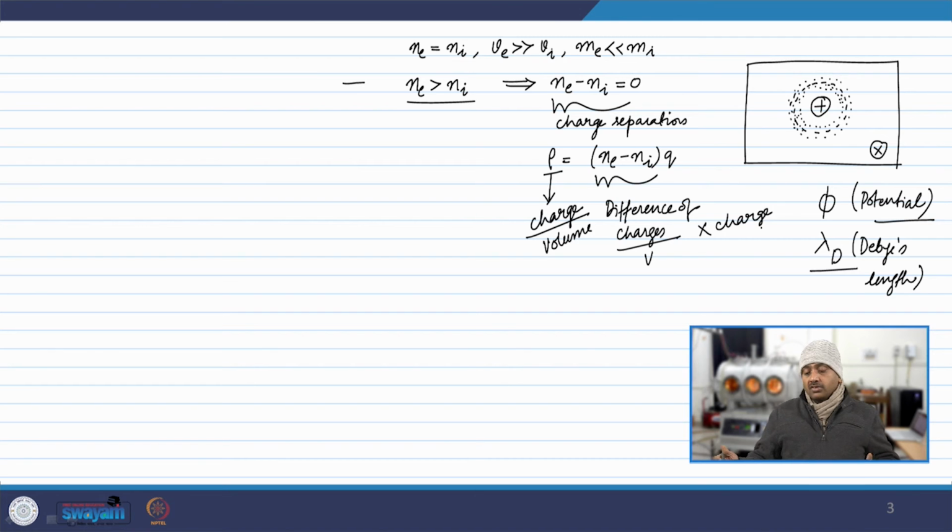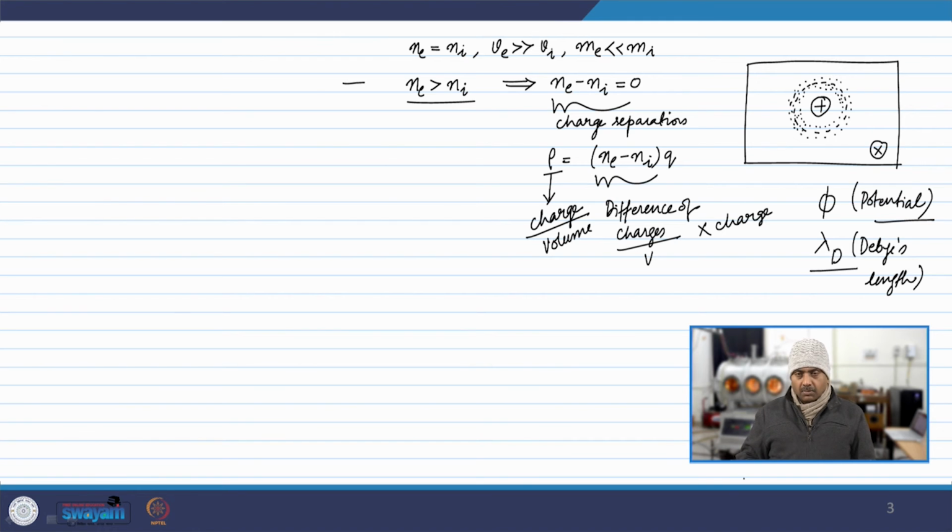Now, if you are able to create a situation in which all the ions are surrounding a huge negative charge, so that the ions, being very heavy, are still able to constitute this cloud, then if you are accounting for the total charge in that sphere, you will have to place Ni minus Ne, because the number of ions will be larger in comparison to the number of electrons. Perfect, right. So earlier, when you did not place the positive test charge,